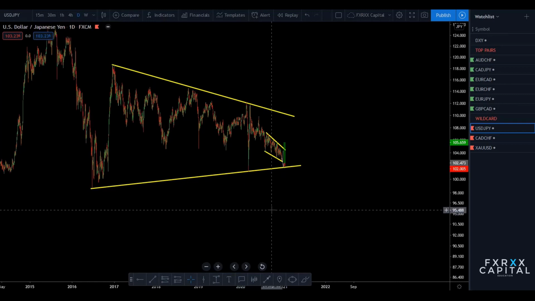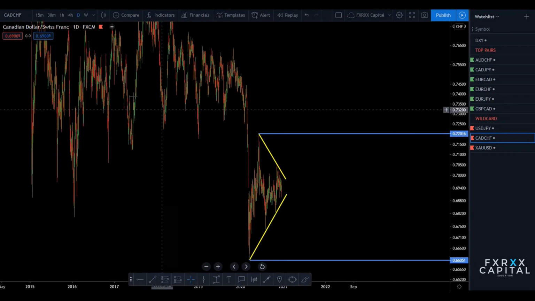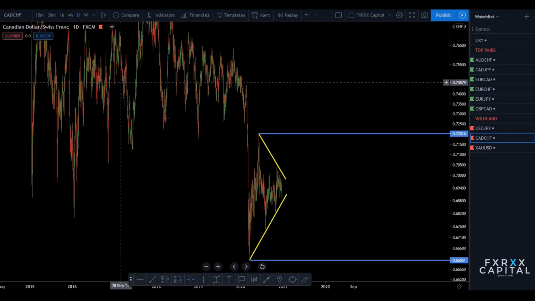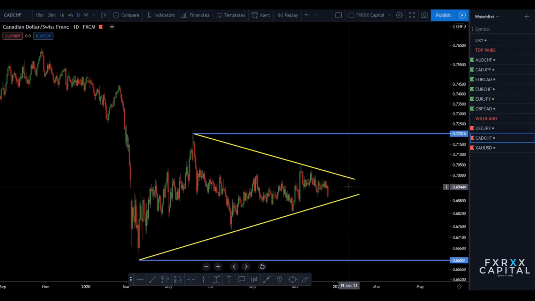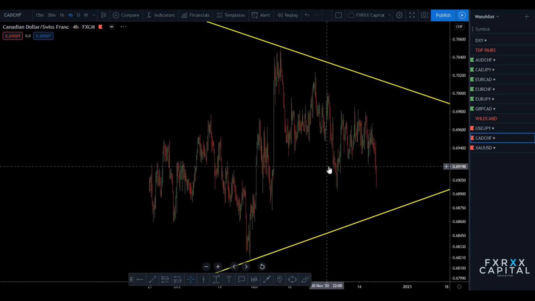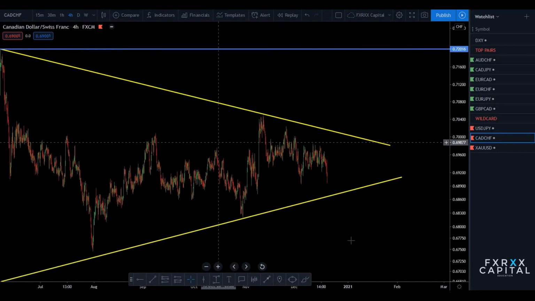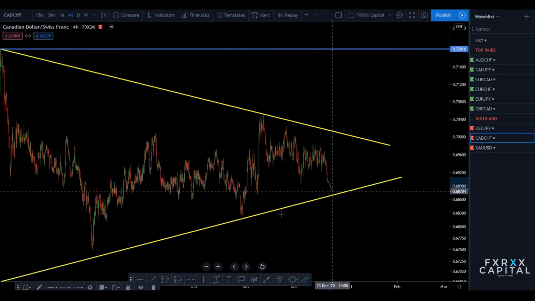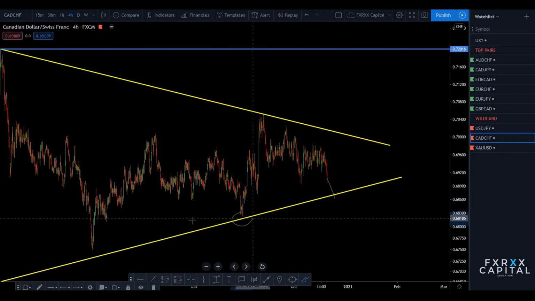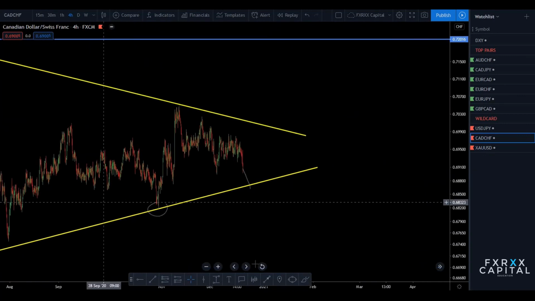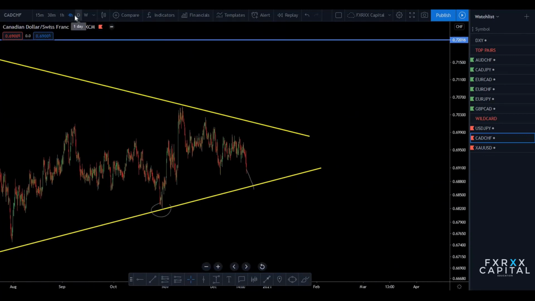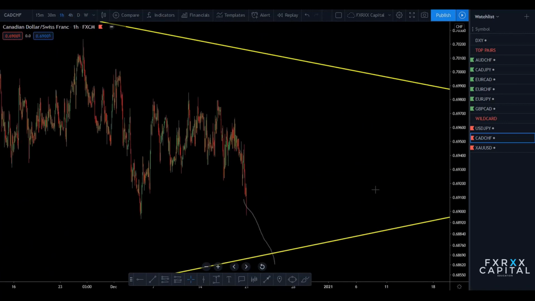Okay, next we move to the second wildcard. The second wildcard, you can see Canadian dollar CHF. Canadian dollar CHF is priced in symmetrical triangles, still not broken from the structure. In 4 hours, what I'm looking for is price approaching this trend line at the multi-touch area. There will be another touch. So we make a position in 1 hour time frame.